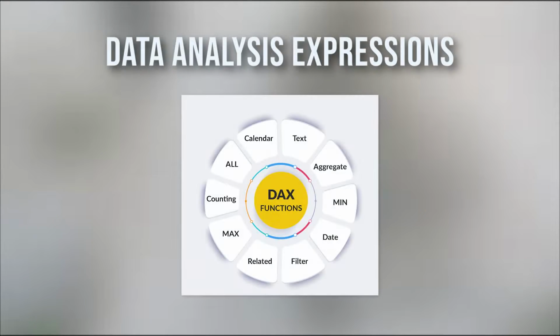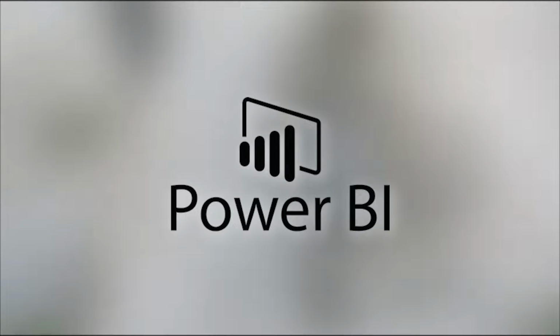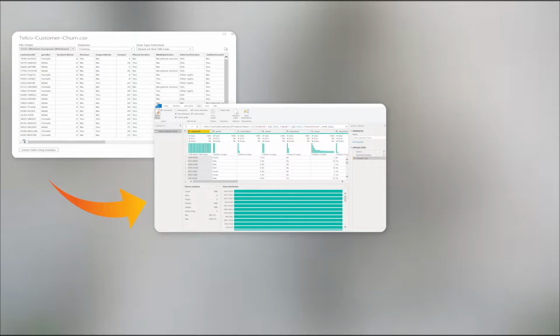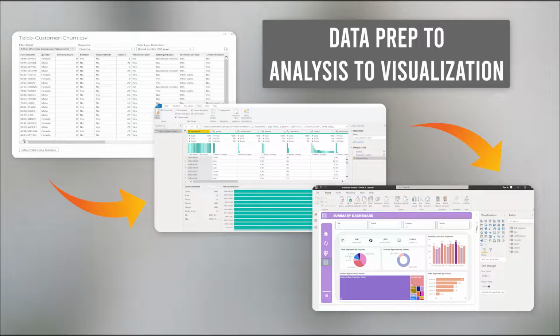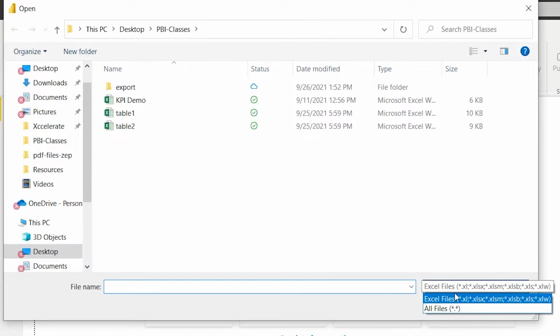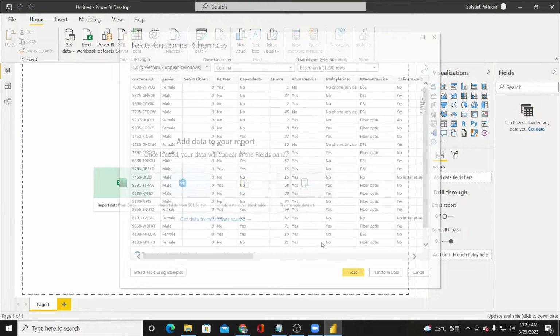If you are ready to learn Power BI from scratch, data analysis expressions, build dashboards and other BI skills using Power BI, you have come to the right place. This is a hands-on project-based course designed to guide you through the entire BI workflow from data preparation to analysis to visualization. We will start with introducing Power BI, installing the software we need for the course, and connecting towards